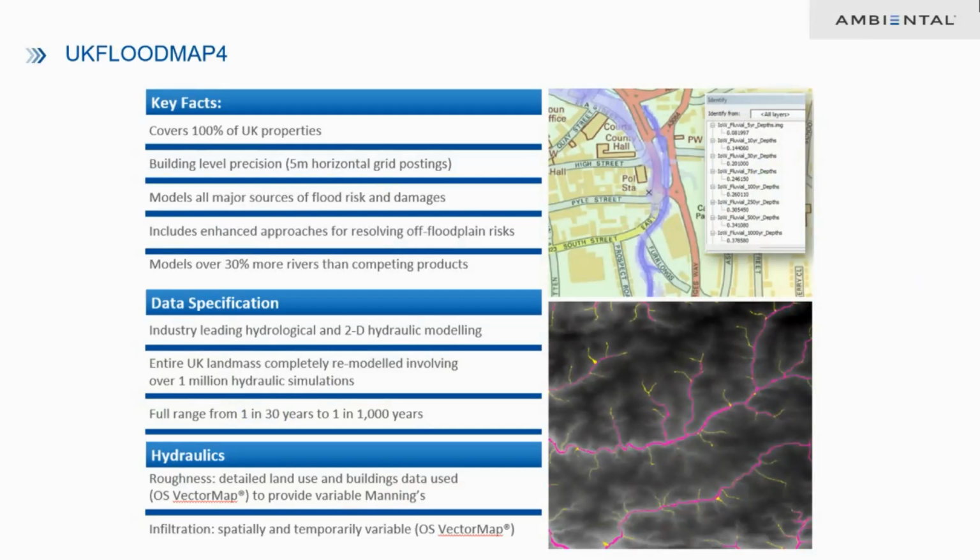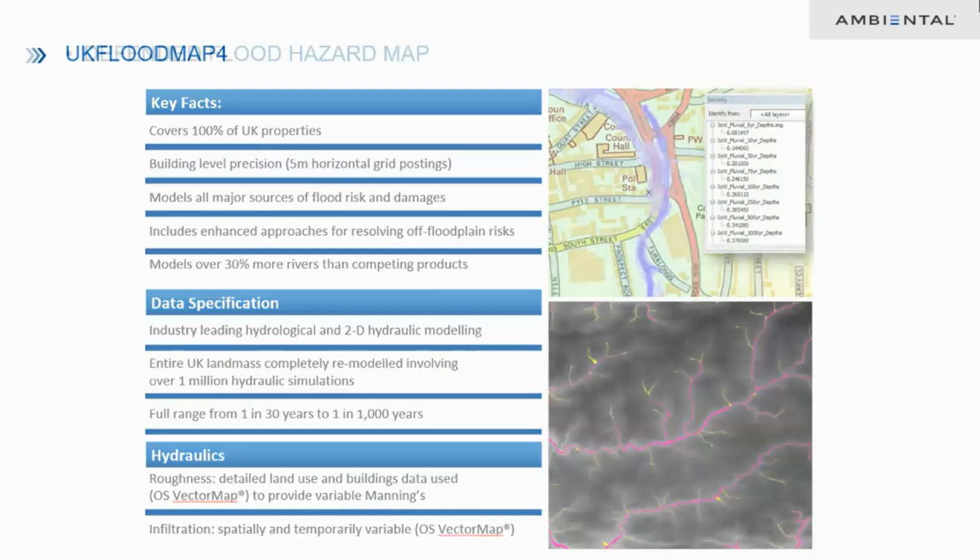And we have multiple return periods from this, 1 in 30 year standard. I think we've got up to 6 return periods, up to the 1 in 1,000 year. And it uses our software for hydraulic modelling. Again, it is a national data set, so it uses certain assumptions for a national data set. But again, it will give you a snapshot, and that picture down on the bottom right gives you an indication. The yellow bits there are where we've modelled, we believe, higher up in the catchment areas as well. So if I just move on to the next slide,